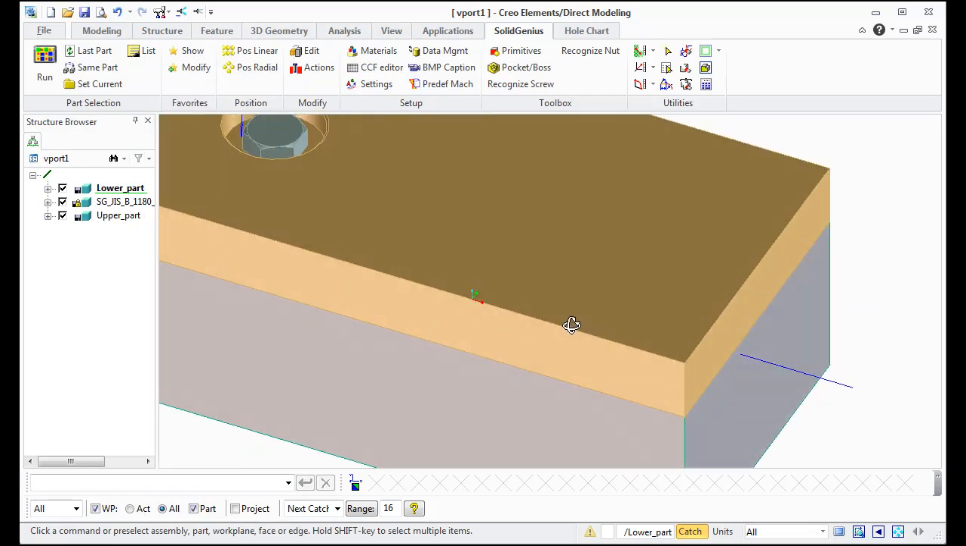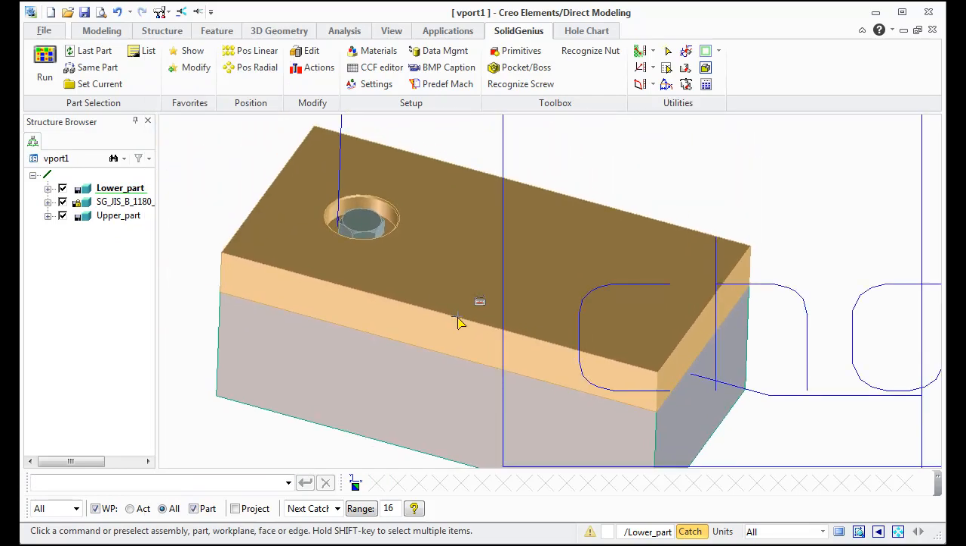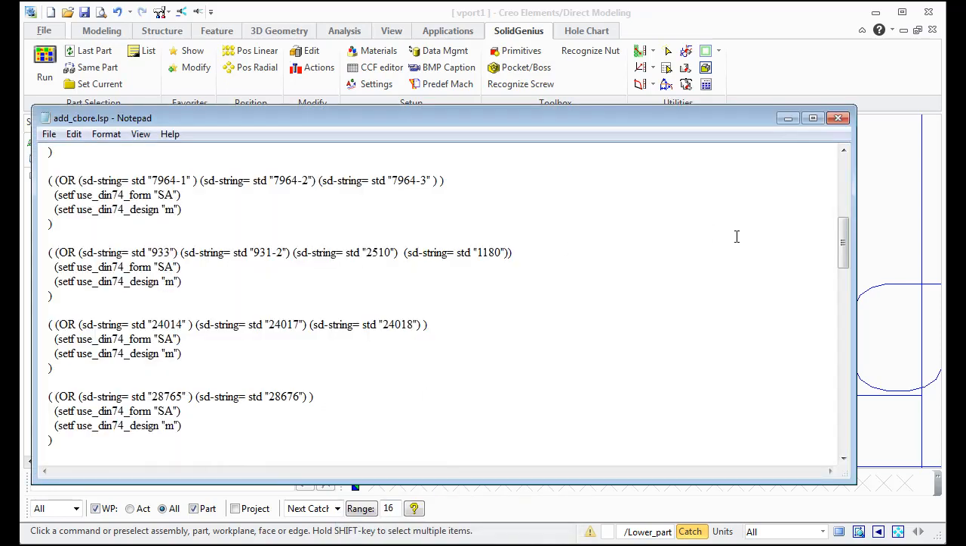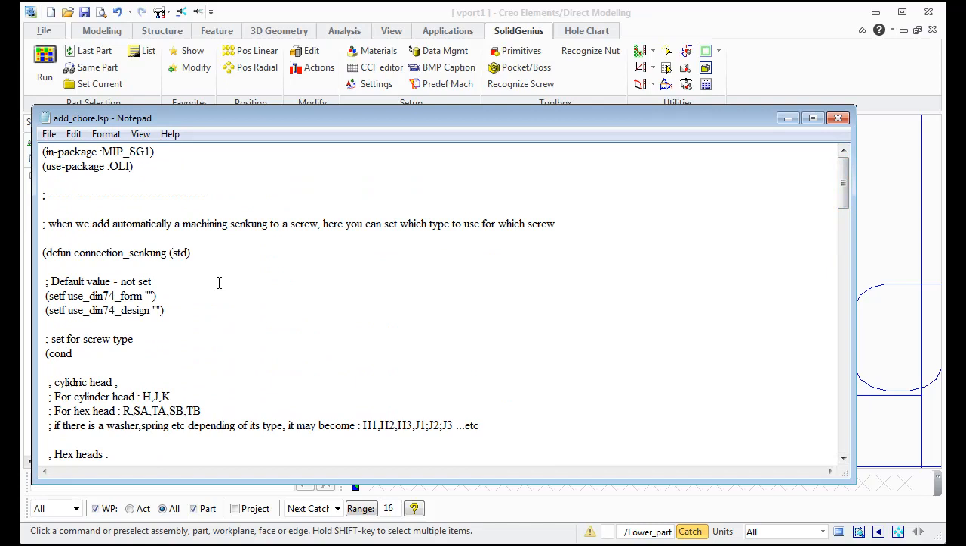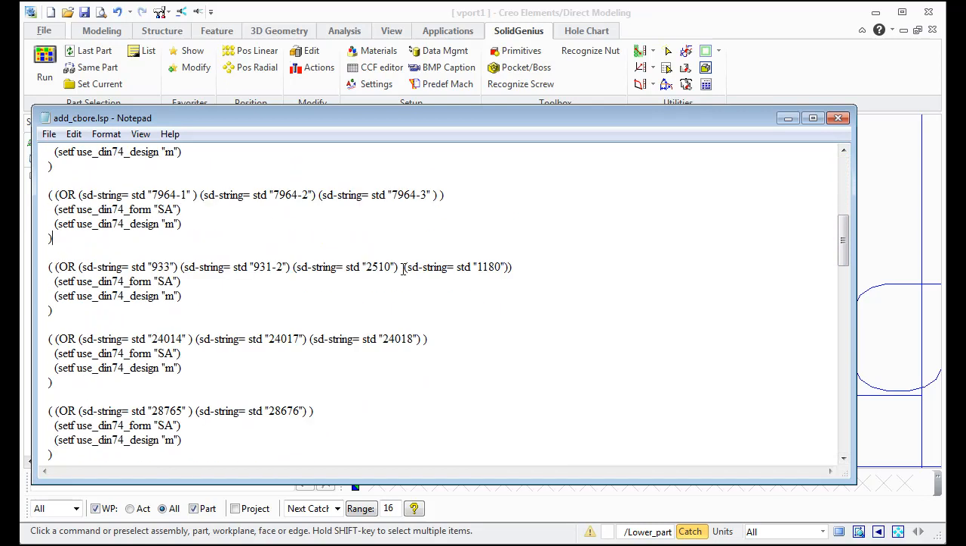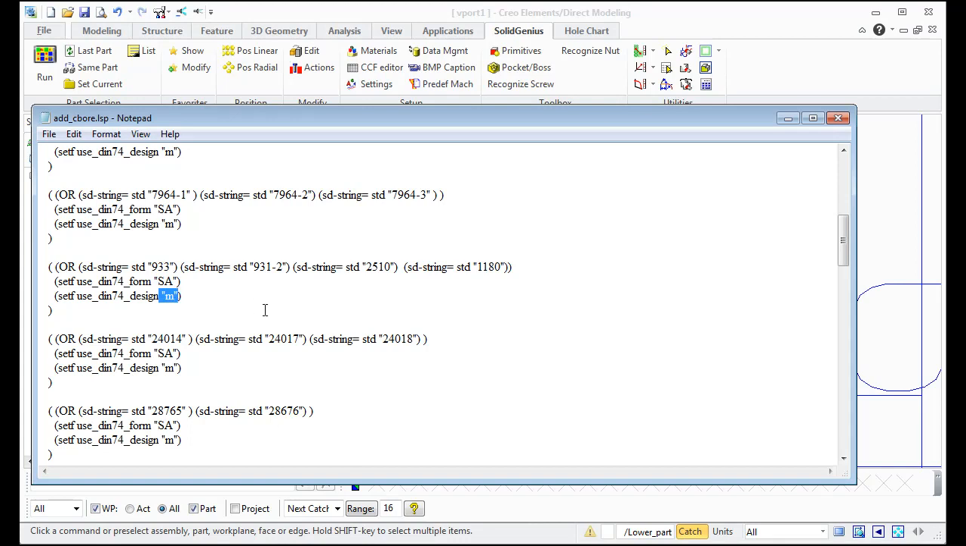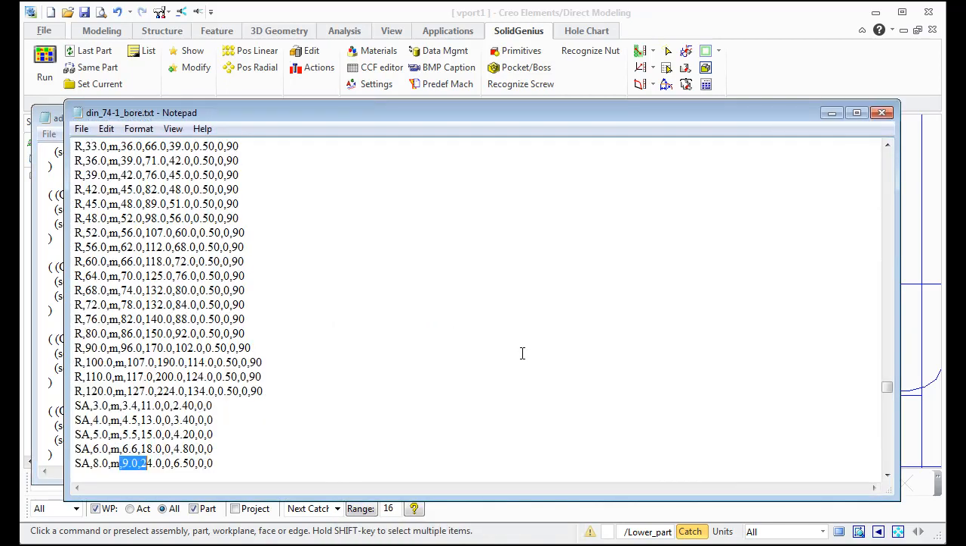We are actually in Solid Genius using standard DIN 74 data, and there is a file called add cboard.lsp, and in this file all the screws are listed. So when you find your screw number, in this case it's 1180 Japanese, it shows that it takes the DIN 74 form SA and the medium design. So with these values, SA and medium, we go to the